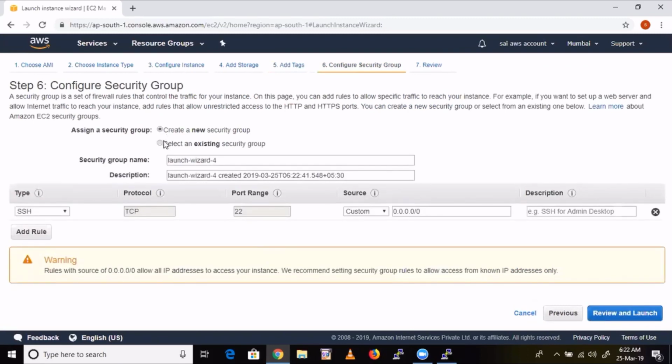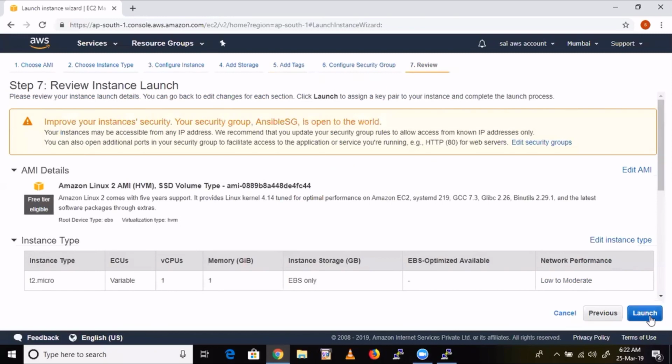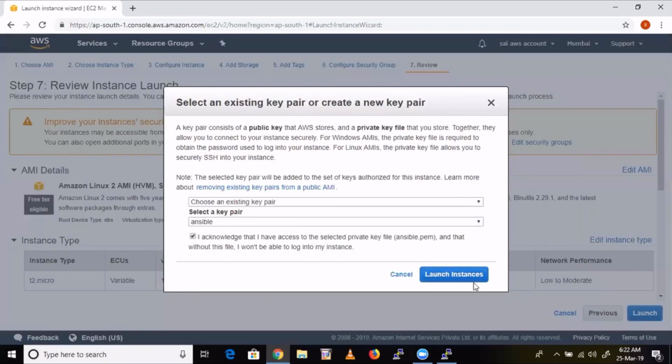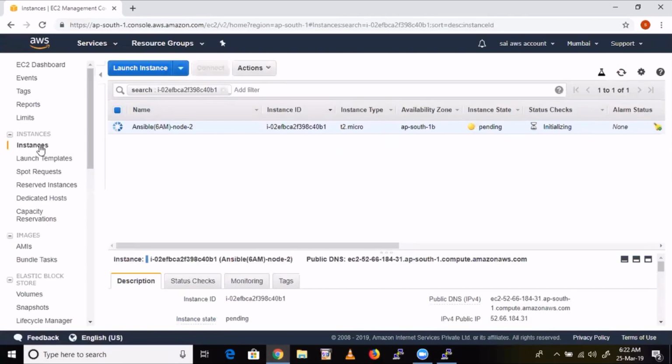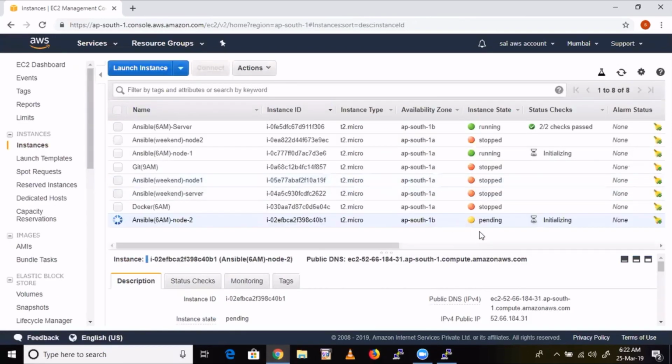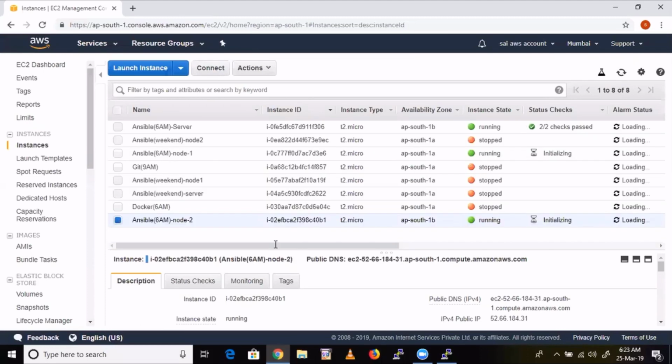Security group: choose the existing security group. Review and launch. Ansible. Launch instance. Okay, so my three machines are running, all three nodes. Okay, fine. All are running.